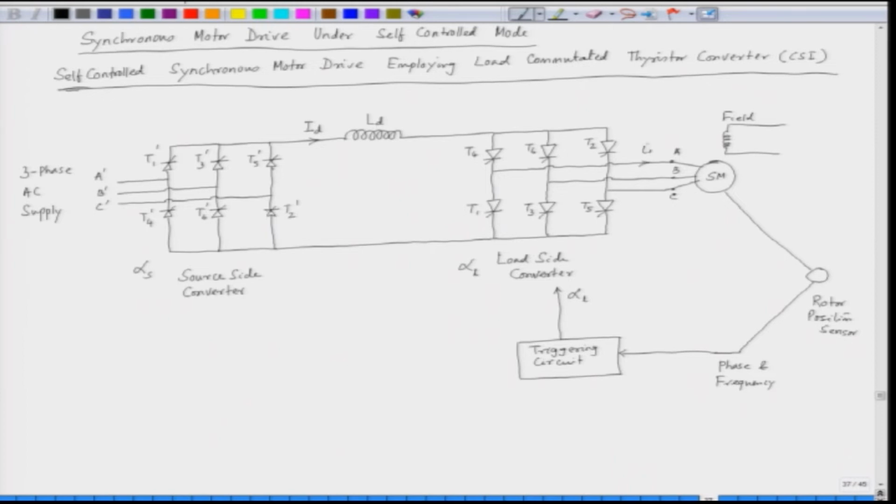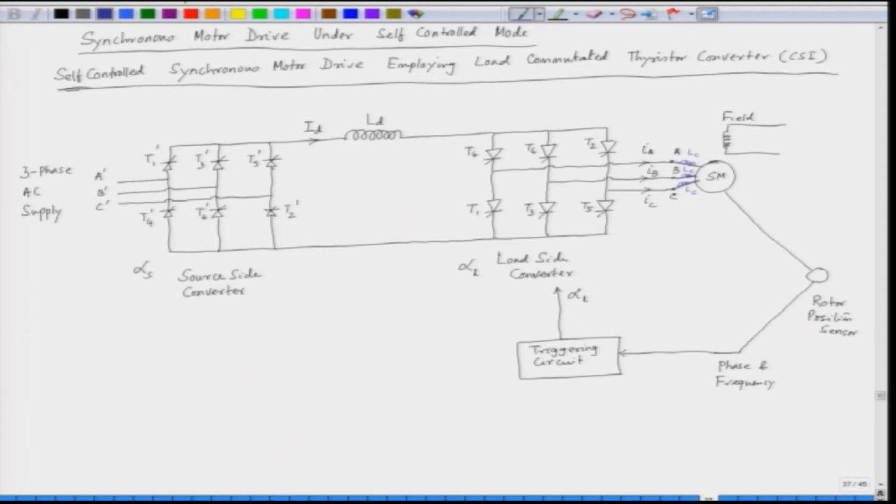So, this is the nomenclature that we follow, and these are the currents which are flowing into the synchronous motor stator: IA, IB and IC. The synchronous motor has an induced EMF or back EMF, and it also has inductances. Each phase will have some inductance, so we can show some inductance in phase A, phase B and phase C. These inductances are called commutating inductances, LC, LC and LC.